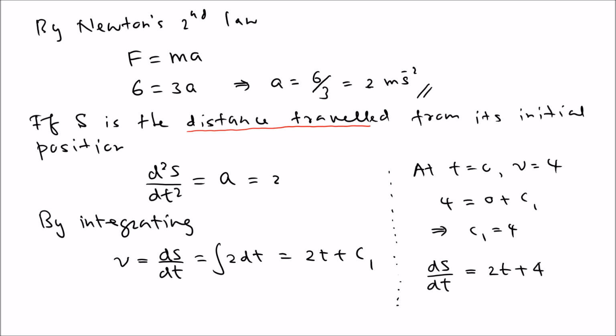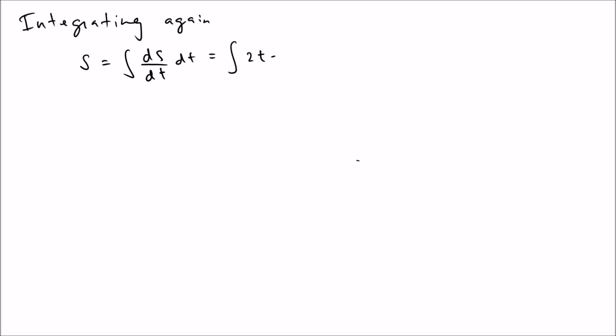Now what do you want to do? We still don't know s. So what do you do? We have to integrate it again. So let's do that. Integrating again. So we know that s, which is the integral of ds over dt, when we integrate the derivative, you get the function back. So we integrate the integral of 2t plus 4